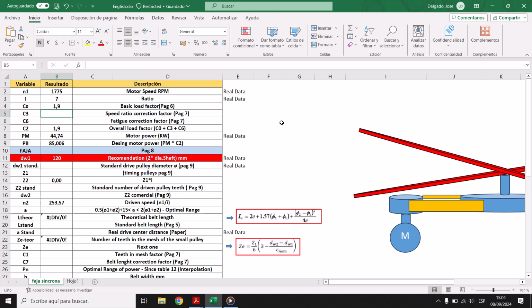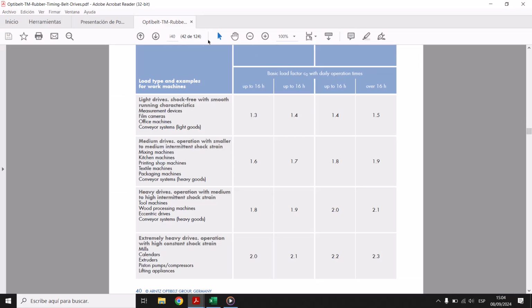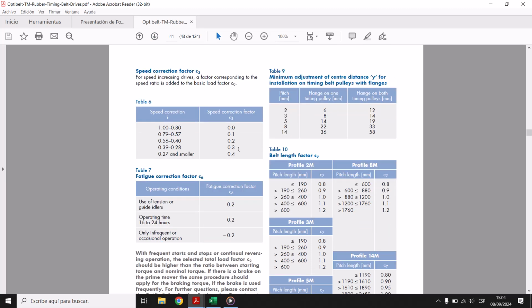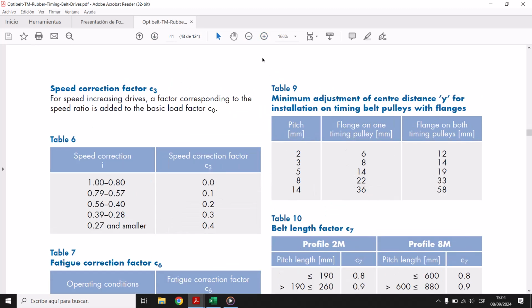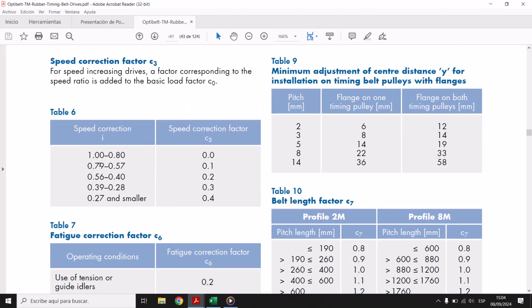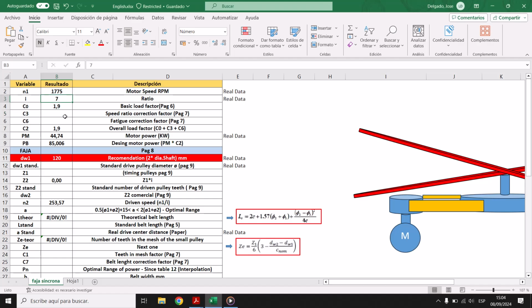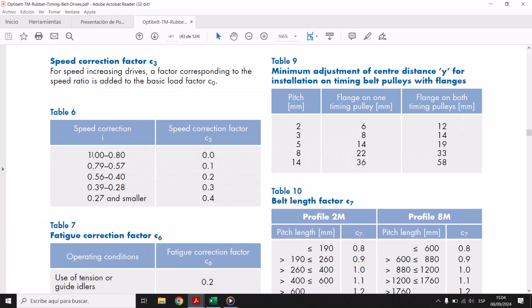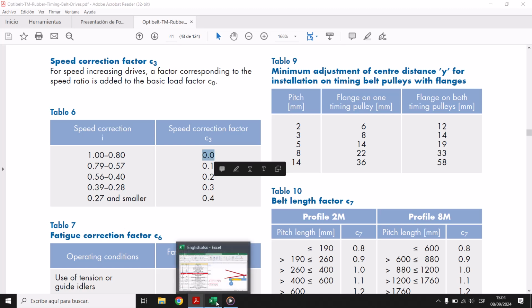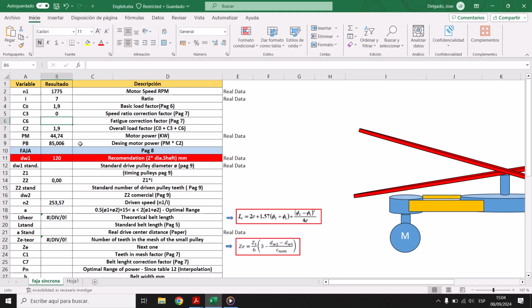Then the speed ratio correction factor, I think, is on the next page. As you can see, yes, here we have the speed correction. It depends on the ratio, but as you remember, we have 7, and here we just have only 1. So if you have more than 1, just put the maximum that you have, 0. So simple. In the case of fatigue correction factor,